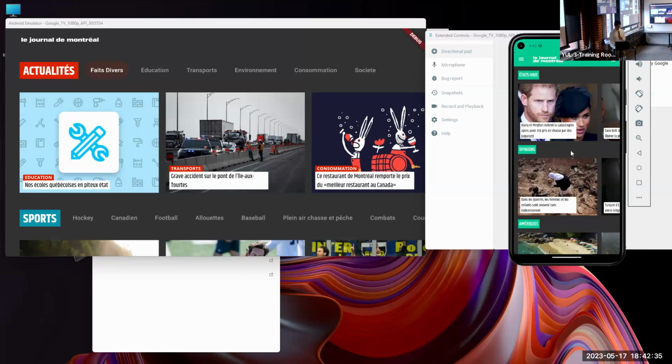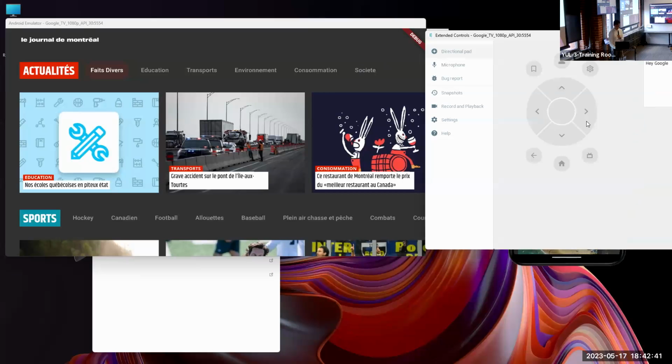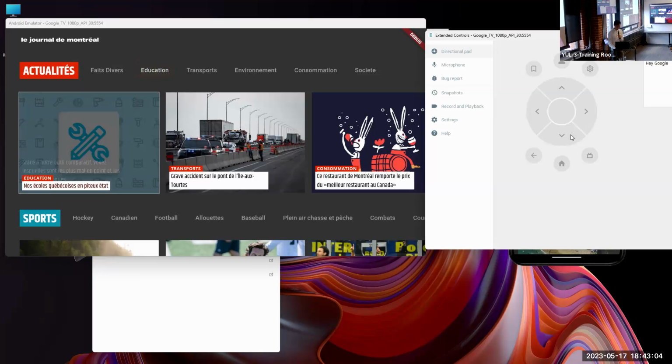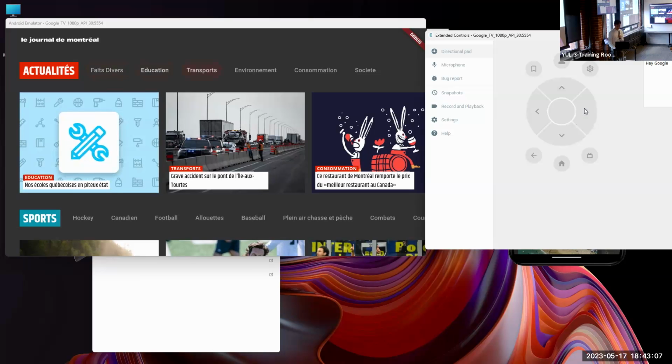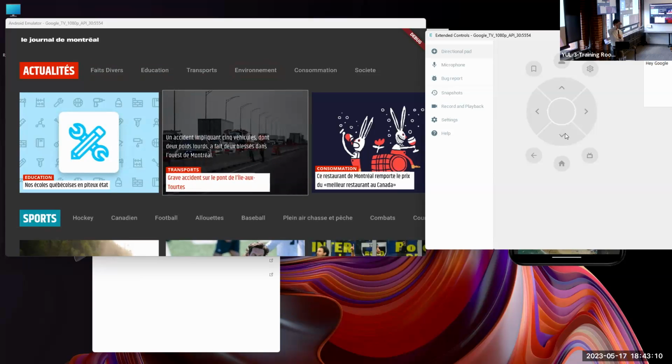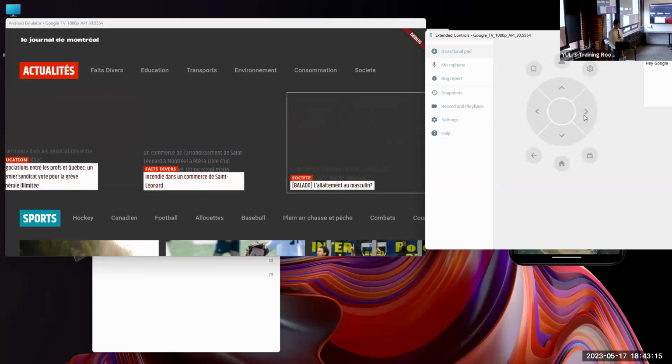So just to compare here, all the small sections are on top. Flutter already handles the remote kind of natively, so you don't have to do anything about the right and left. When you press left, for example, it will try to find a widget, a component which is on the left, without you specifying what you want to do exactly. If I go down, it's not the same. It just tries to find the closest one and match the widget. So you can go right, you can go down.